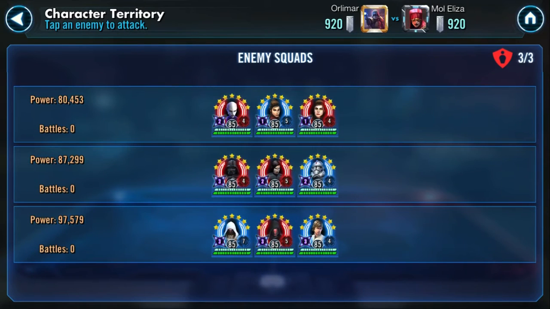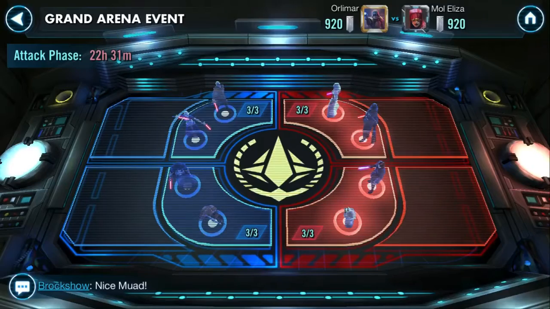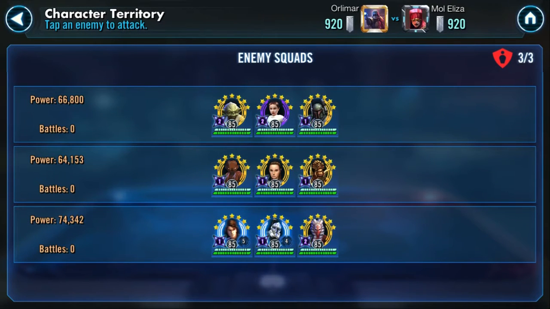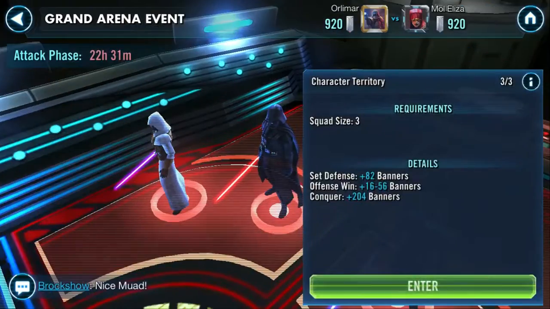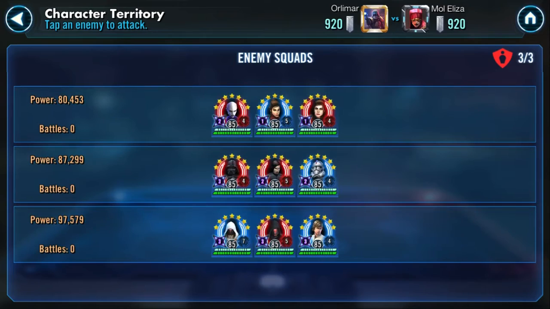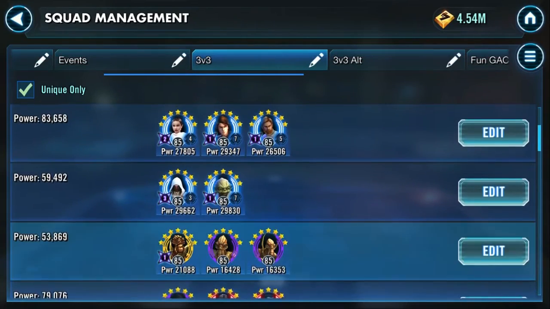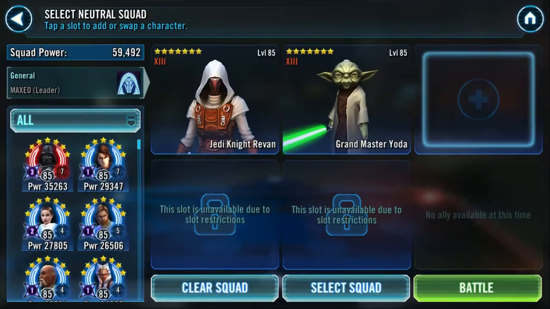So, it's our first auto set, it looks like. Jedi Knight Revan, Darth Revan, and CLS. Vader, Crew, and 5s, it looked like. And then Anakin, Rex, Shaak Ti, and Yoda lead with Padme. Interesting. So let's try this Jedi Knight Revan, Darth Revan team. Let's take in my Jedi Knight Revan team,